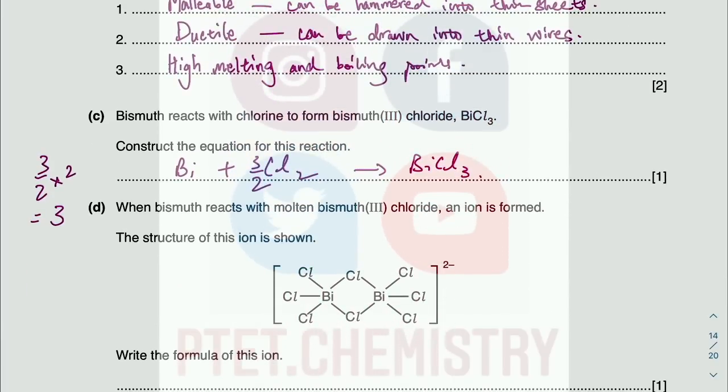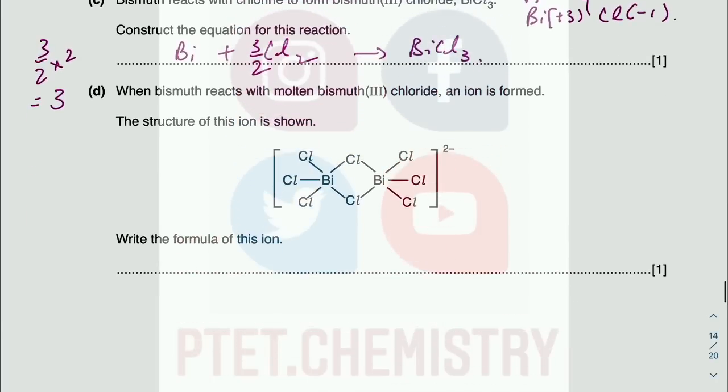Most important is you cannot change the number at the bottom because that's part of the formula itself, bismuth 3 chloride. So there's actually bismuth 3 plus and Cl minus. Not necessarily bismuth 3 plus all the time, but it's bismuth plus 3, chlorine minus 1 in terms of oxidation state. Yeah? And this is molecular chlorine, Cl2, so you can't change the number at the bottom. Alright,